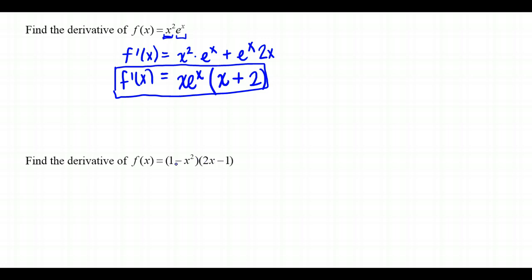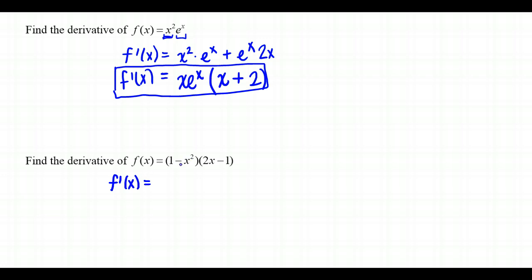What I could do here is I could distribute. I have two polynomials being multiplied, so I can multiply 1 times 2x, 1 times negative 1, etc. I can distribute here and then never have to use the product rule. But because this section is called the product rule and we need some practice, let's first try to solve it